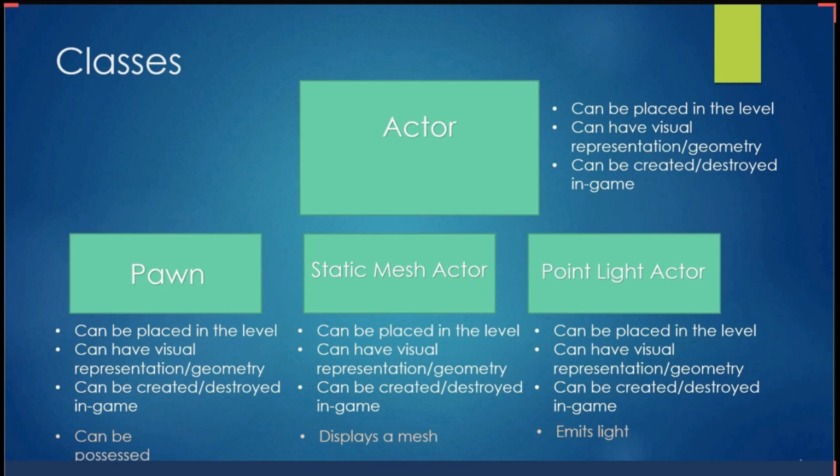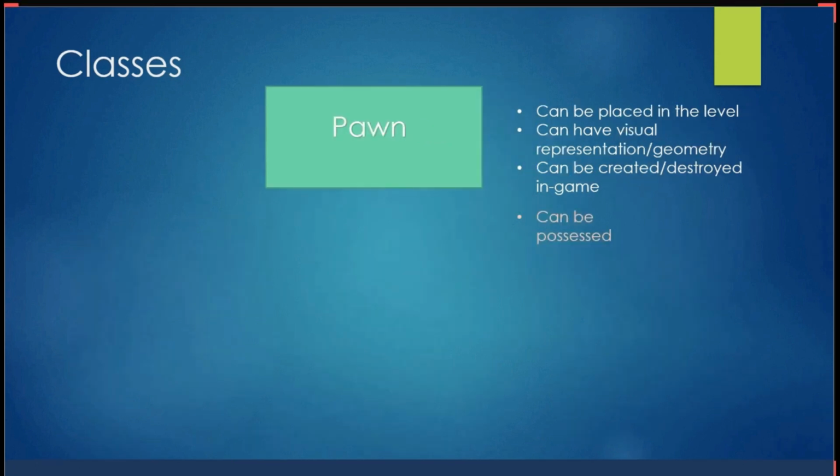So if a mouse clicks, something will happen to the pawn, or if a key is pressed, something happens to the pawn itself. For example, we may want to move the pawn around by hitting the arrow keys on the keyboard. So that's something that pawns are capable of doing. That's their own property, which might not be shared by the static mesh actor or the point light actor. Sorry for that. Going forward, that is not something that a static mesh actor has the capability of.